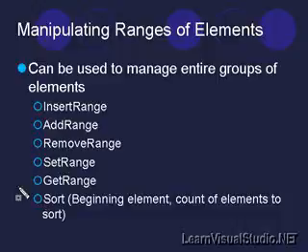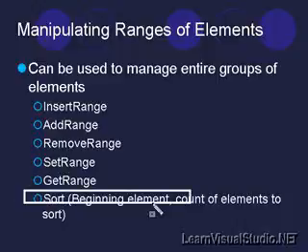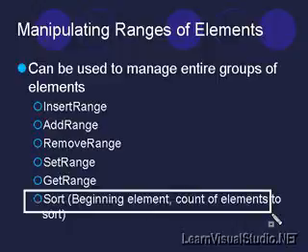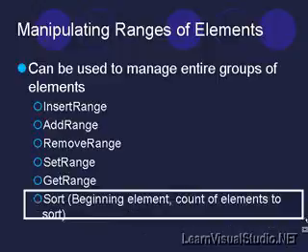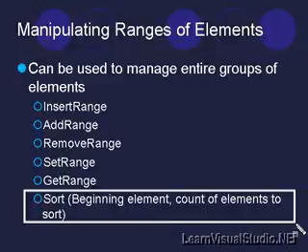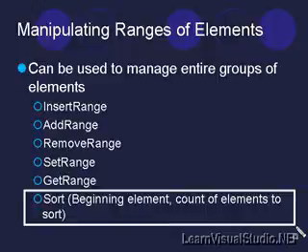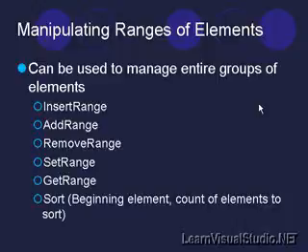And then obviously with sort, the sort has some of this ability to manipulate ranges of elements. You're able to sort just a section of your collection, not the entire collection, if you so desire. So a lot of these kinds of things are nice to haves. I don't know how often you'd actually, for example, sort a small range of your collection without sorting the whole thing, but they're available as tools for you so that you can get the most out of your use of collections. So I hope